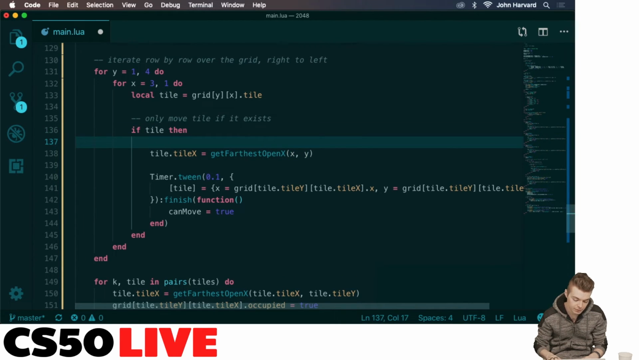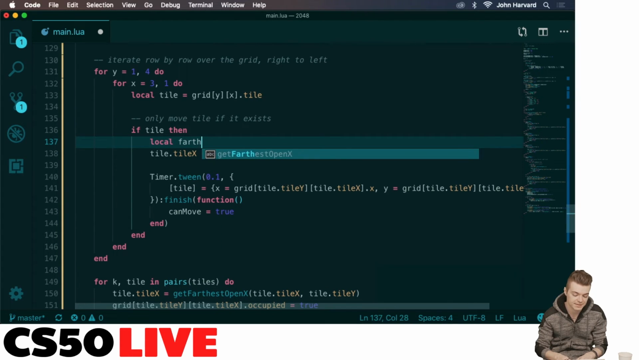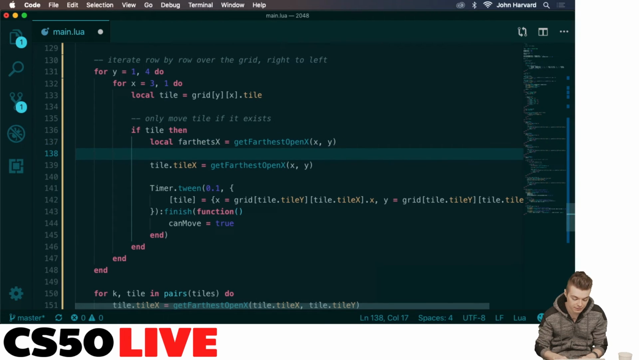Or rather, what we can do is we can just say local farthest x is going to be equal to get farthest open x of xy. And if it's the case, whoops, I spelled that horribly, farthest. If it's the case that, if it's the same number, so if the farthest x that we get going from left,